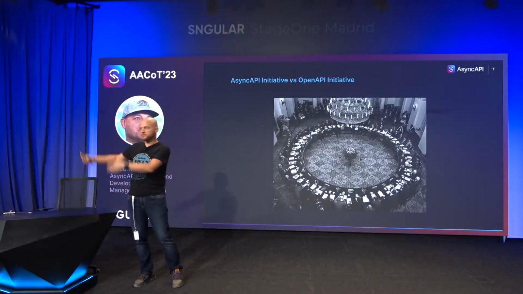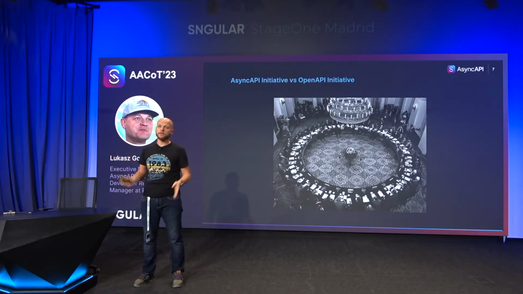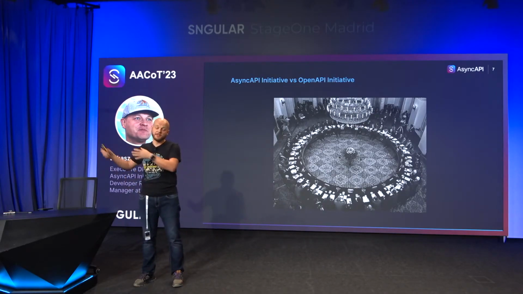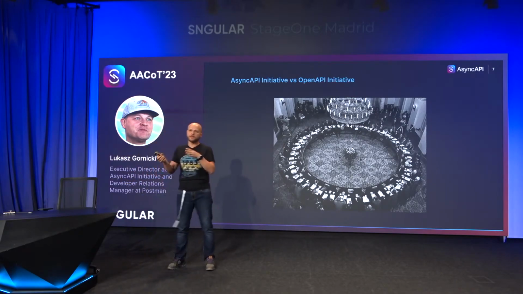So this is actually a real picture of the round table where old communists, young Democrats, and different church representatives were sitting to make sure that nobody has more power at the table. Nobody is perceived as the person at the table who is on top, probably someone important. They all were super equal, discussing the future of the Polish country. So I like to compare AsyncAPI to this